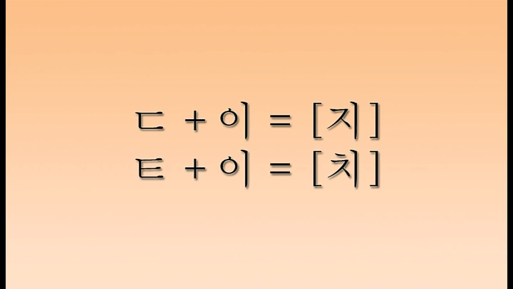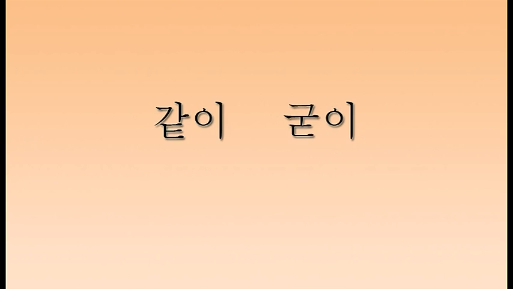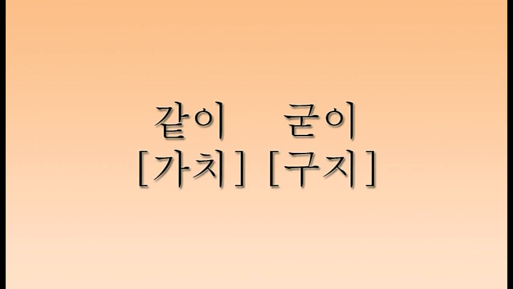There is one exception. If a digeut or tieut pachim is followed by i, just i, not u, not a, etc., the digeut changes to jieut and the tieut changes to chieut. Let's practice. Gachi, guchi, pachi,